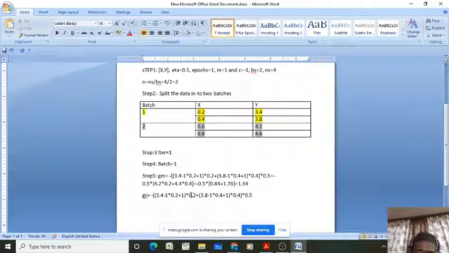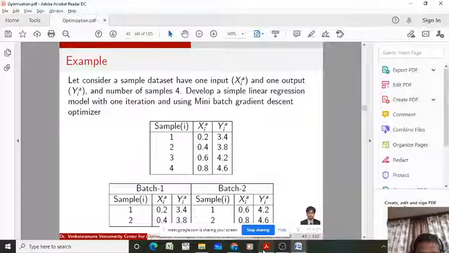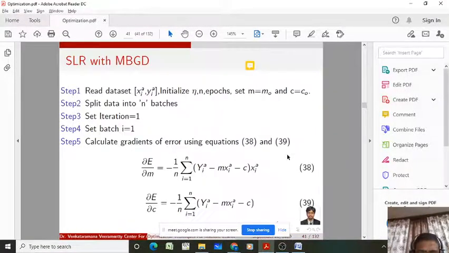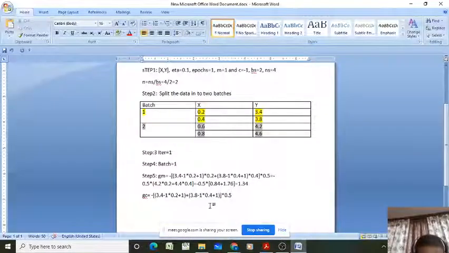Y minus Mx minus C, that's it. So I am removing this term and also this term. In the sigma term of dou E by dou C, there is no X term. That's why I am removing the X terms, 0.2 and 0.4 here. So finally we have some value.